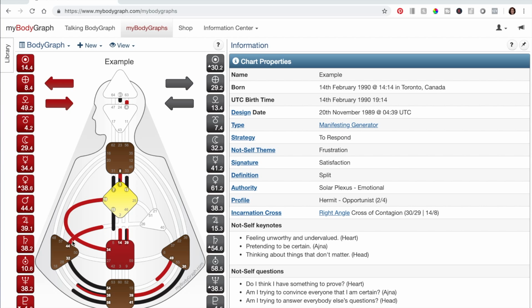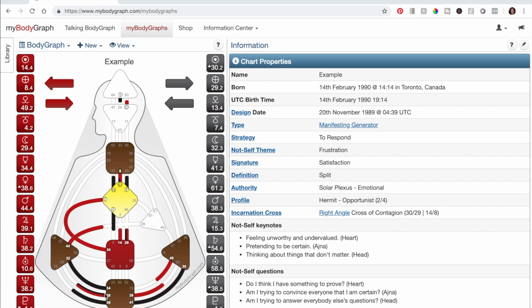And the ones that are red, anything that you see on the human design chart, well, not anything, but because this doesn't apply here, but for the lines or for these here, which are the planets, they represent the unconscious aspect of your personality. So this is something that you would be unconsciously aware of, whereas a black channel would be something that you are consciously aware of, or represent conscious parts of you. And if it is both red and black, it means that it's both conscious and unconscious.